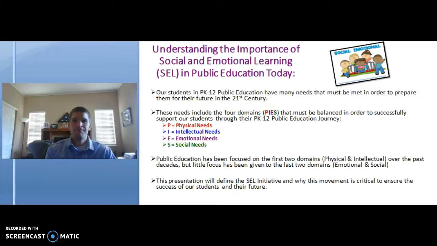And it has become apparent that our schools are failing the individual student. And we need to do something about that. And I believe that if we address the 4 domains, which include the physical needs of the student, intellectual needs, emotional needs, and social needs of the student, we will be able to have a more successful public school system, and our students will be able to not only